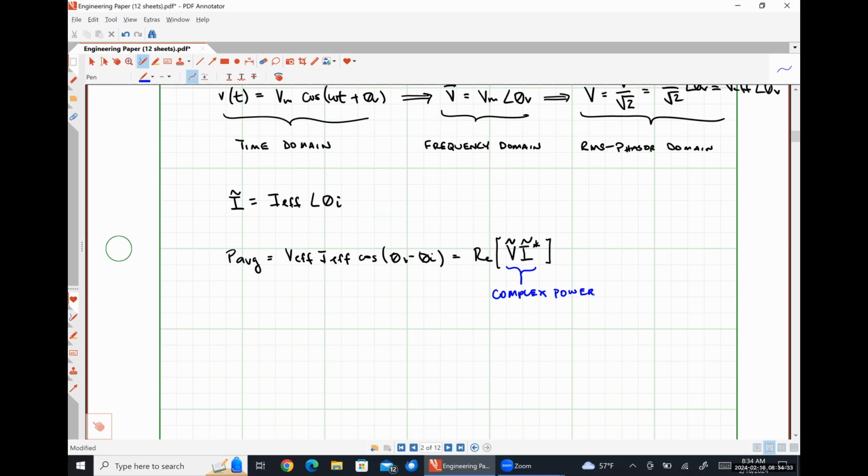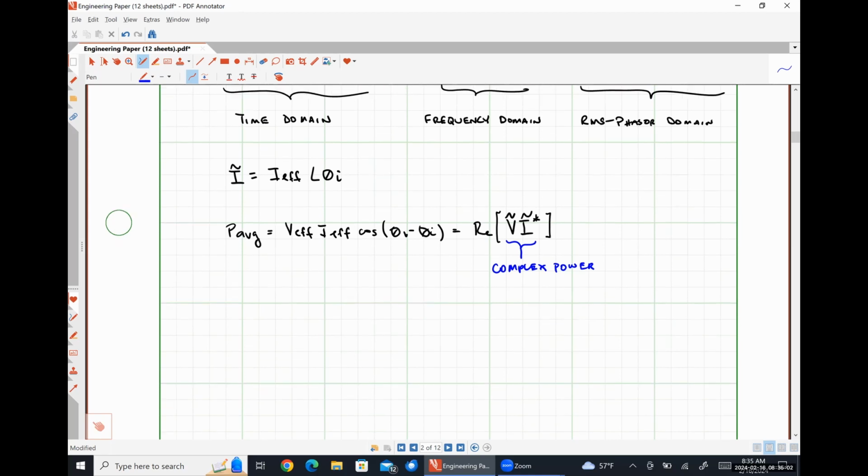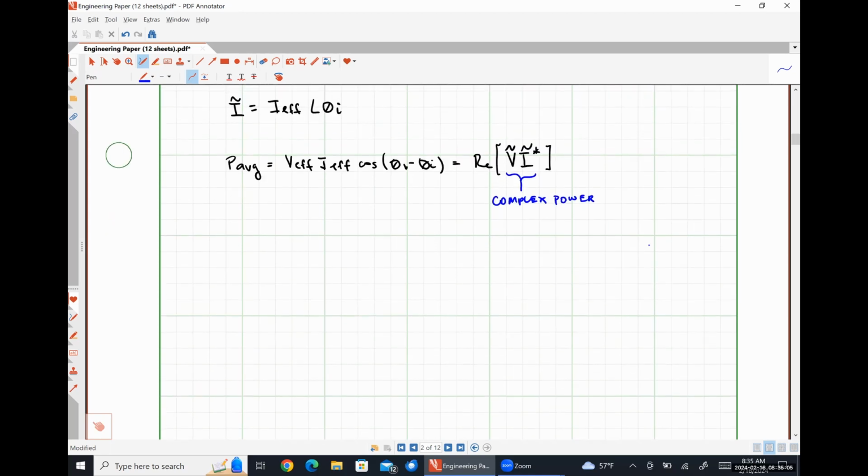So complex power is literally just a mathematical construct that electrical engineers created to help us understand what different parts of the system are doing in a steady state sinusoidal case. Okay. So our complex power is the product of two complex numbers. And so therefore it is going to be a complex number itself. Okay. So let me hit you guys with some equations here. So S with a bar over it